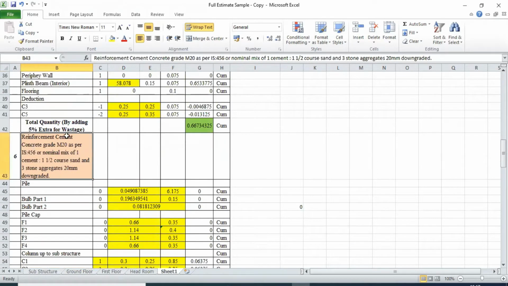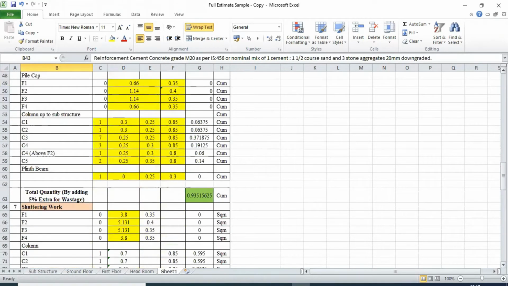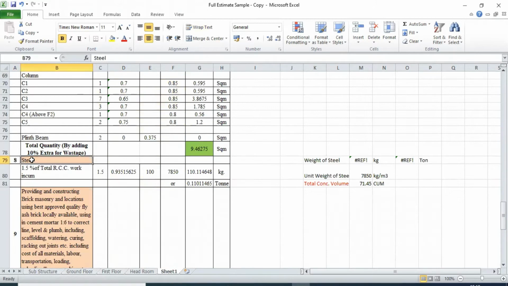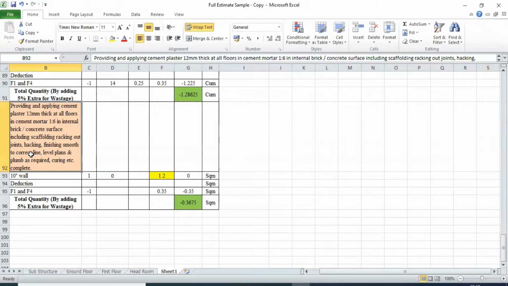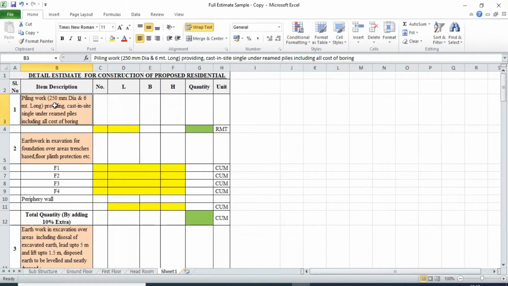Here you can see this is the RCC we will study. RCC work, after that shuttering work, then we will calculate the steel reinforcement, the quantity of steel. Next is brick masonry. Next is our cement. So first we will see the piling work.